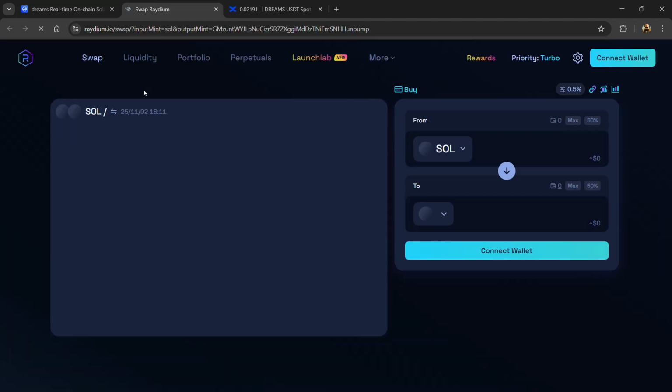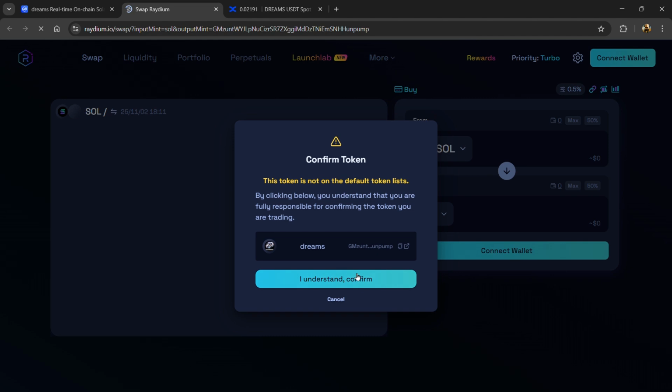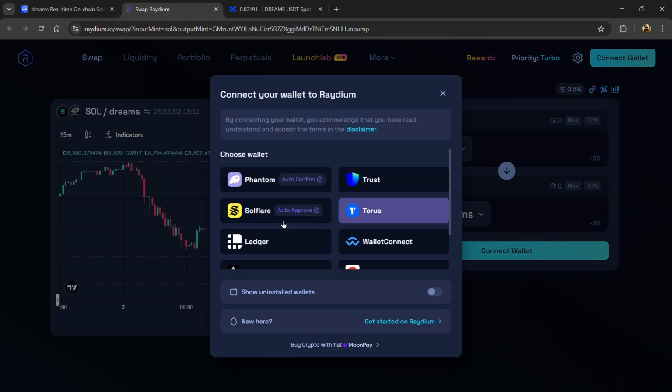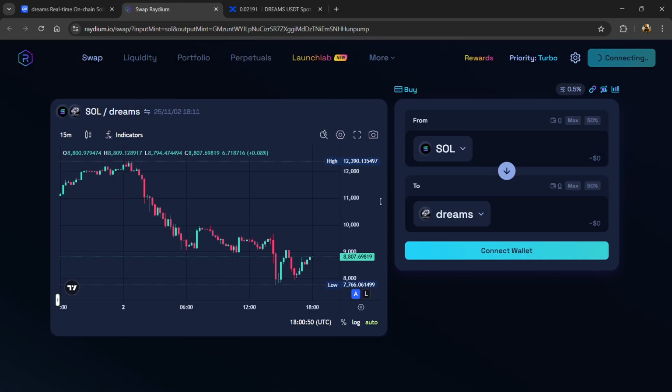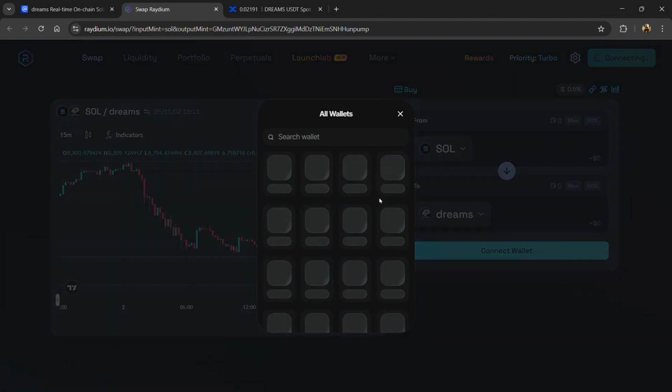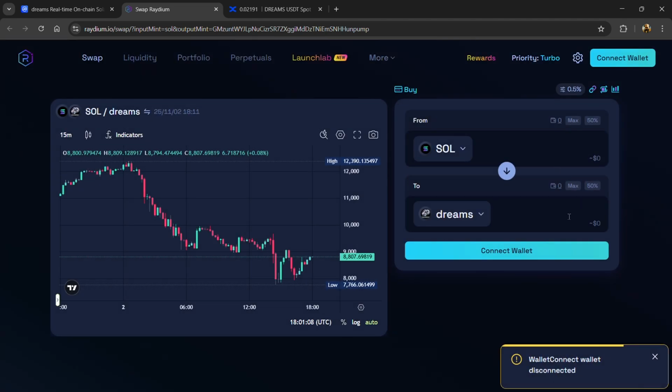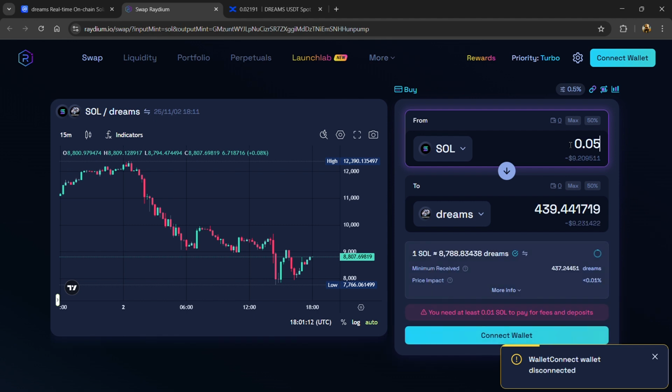Now here firstly you need to connect your wallet from this exchange. Now click on connect wallet. Here you can connect different types of wallet, or you can also connect your mobile wallet by scanning this QR code. After connecting your wallet, you need to receive or buy Solana in your wallet,